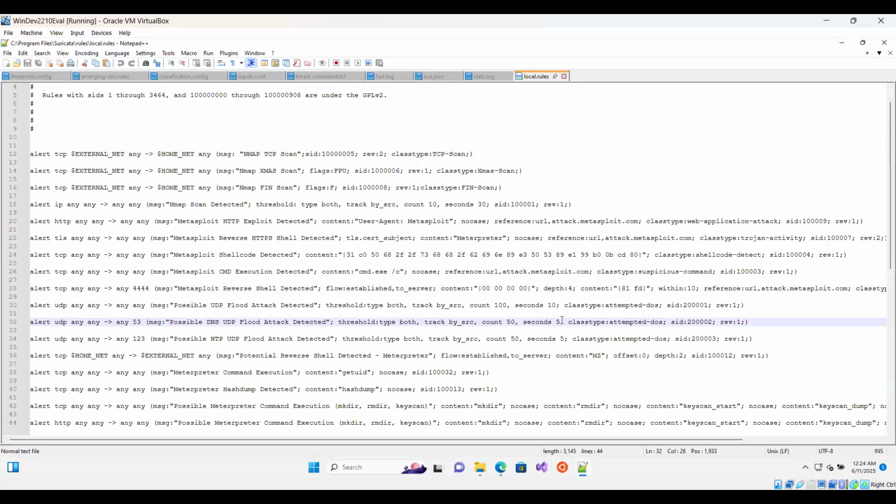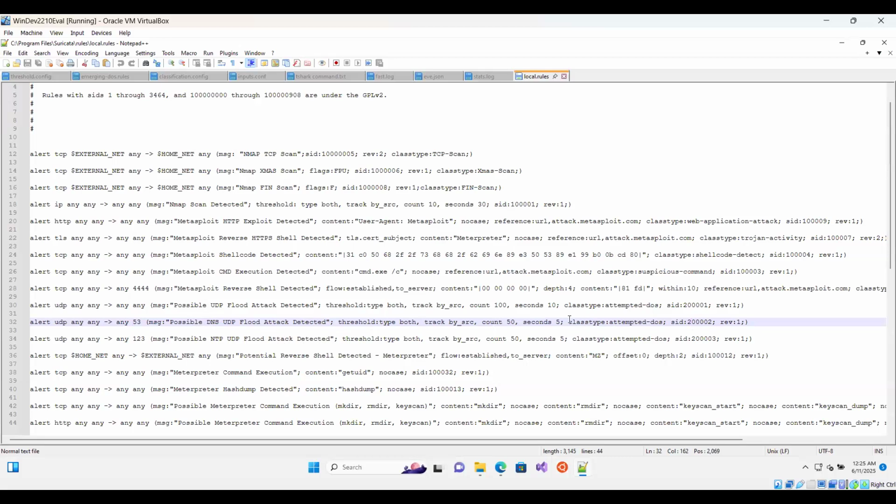For instance, if 50 packets are received in 5 seconds, it will trigger an alert and generate a message that a DNS flooding attack has been detected. Similarly, you need to mention the signature identifier and the revision. So that is just a basic idea of how